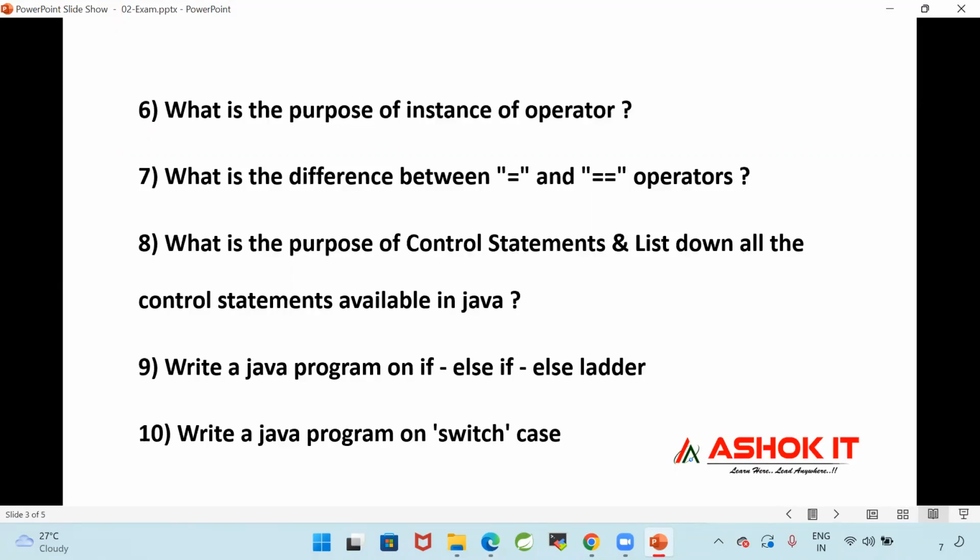You need to take the requirement and you need to write it. Write a Java program on switch case.